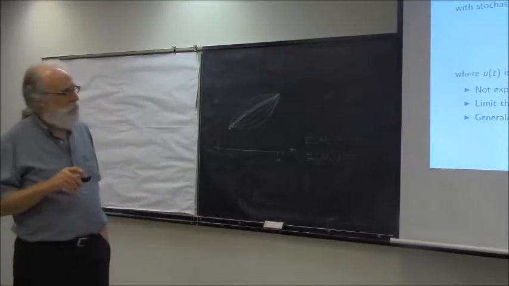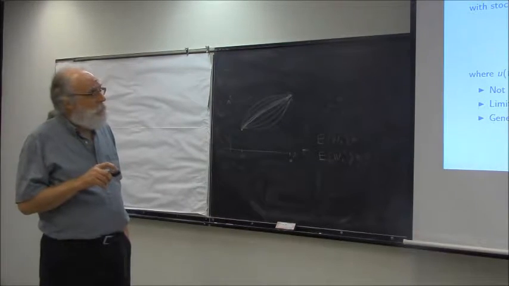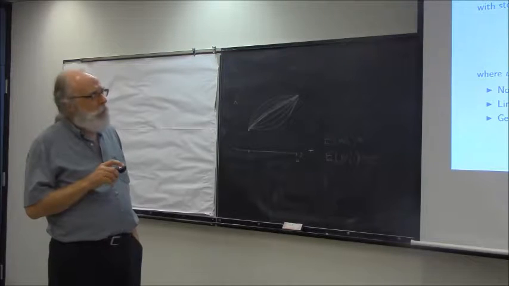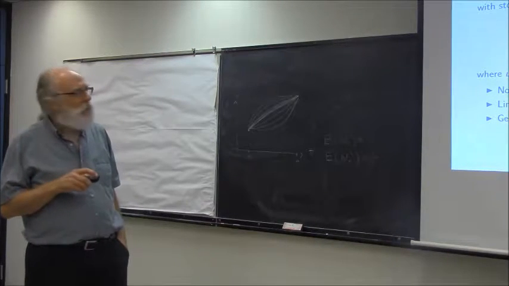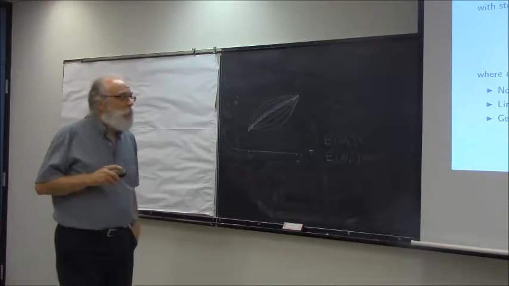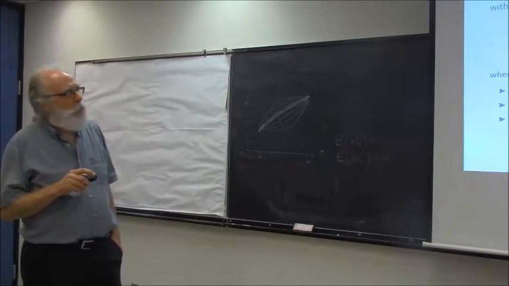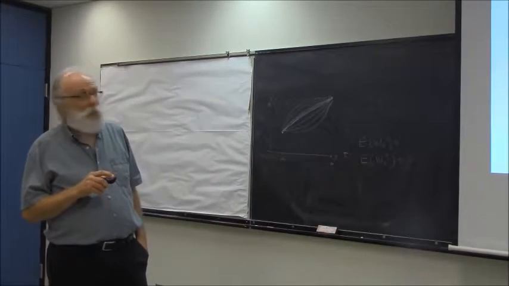But we'll see how we can get around this. And the method here, so we don't take the expected cost. We're just looking at a cost for each trajectory in some way. The kinds of variations I'm going to look at are going to be limited to begin with, and